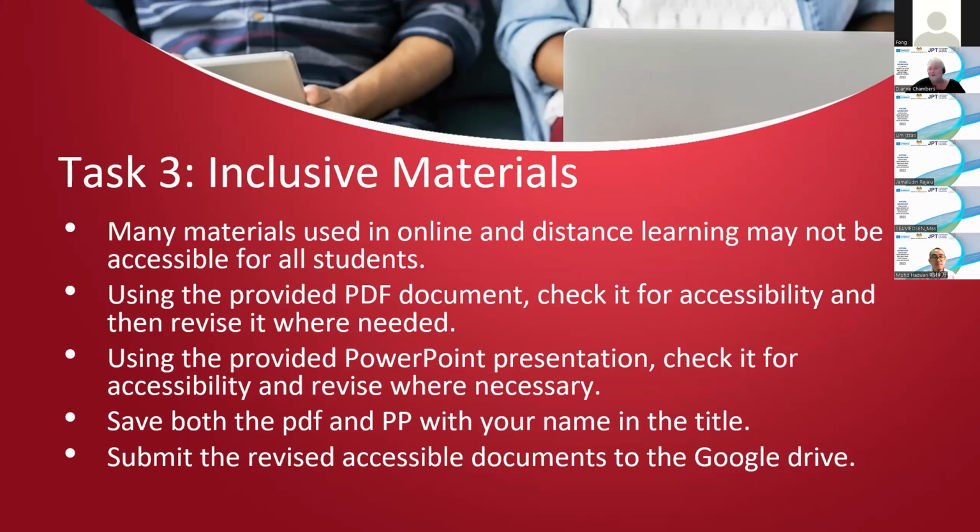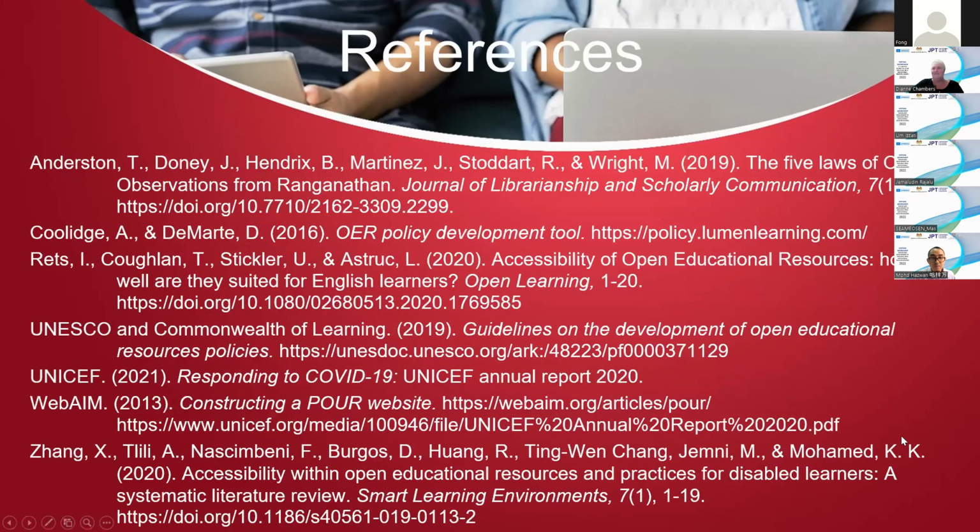Okay. Are there any other questions? I've got so many other things I want to share with you, and I'm going to share more next week in regards to other tools that you might use for accessibility as well. So if there are no other questions, let's call it a day. Thank you for your patience, everyone, and I will see you on Friday.